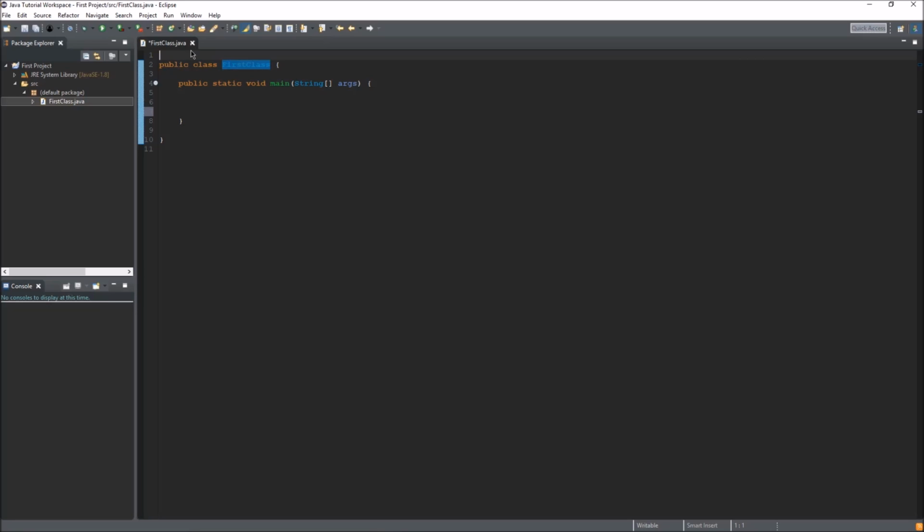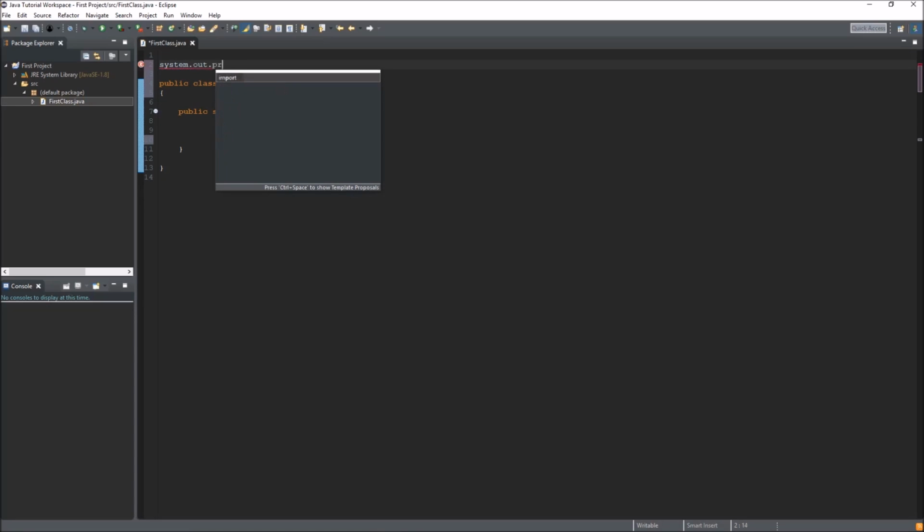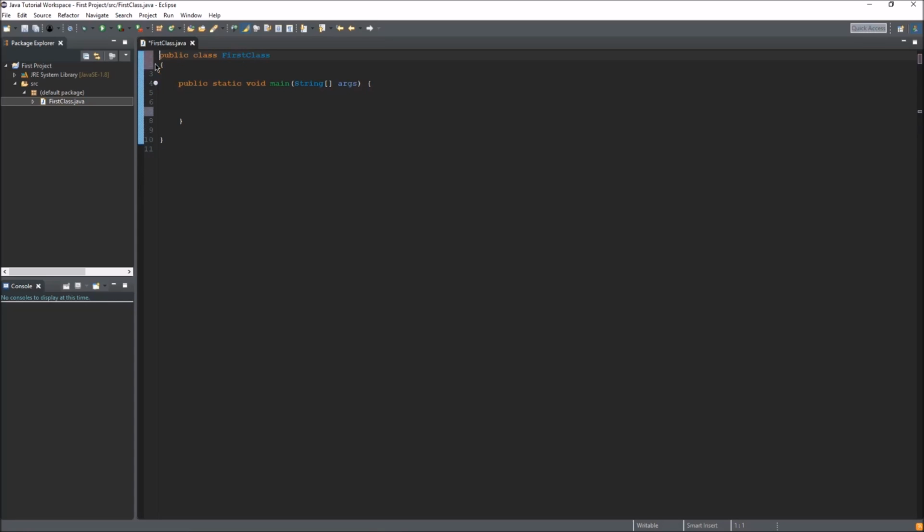So outside of the class declaration, no actual code will run. So if I do what we're gonna learn today, this code won't run right here. This code won't execute, and as you can see right here, there is an error. So I'm going to delete that. So type all your code in here, and all of your executing code is going to be in a method,